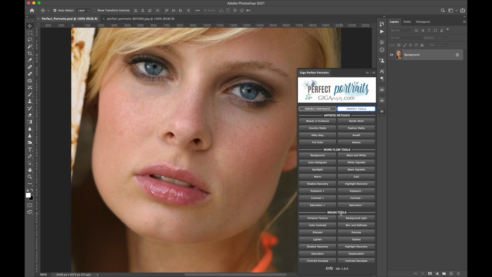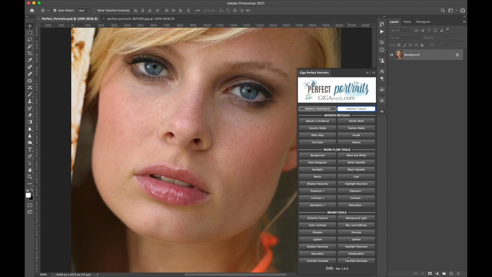These are brushes that help us modify and improve the pictures quickly and effectively. Then, there are Texture Enhancer, Color Contrast, Sharpness, Background Light, an action which gives brightness to the background, and many other very interesting actions that can help you improve post-production in a very short time. Let's see in detail some tools, some actions that have been prepared precisely to speed up the retouch process,